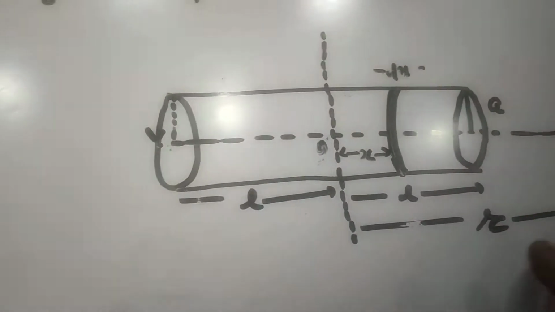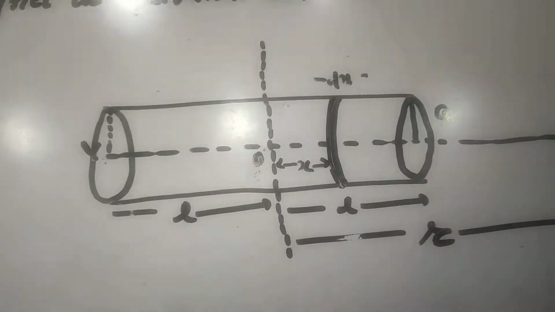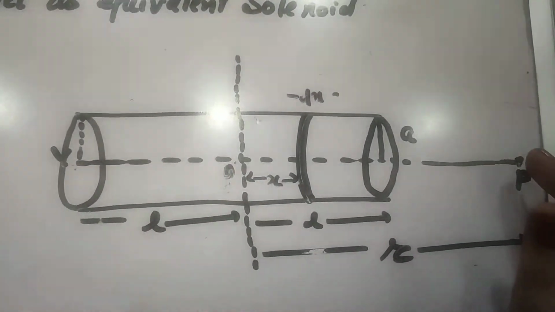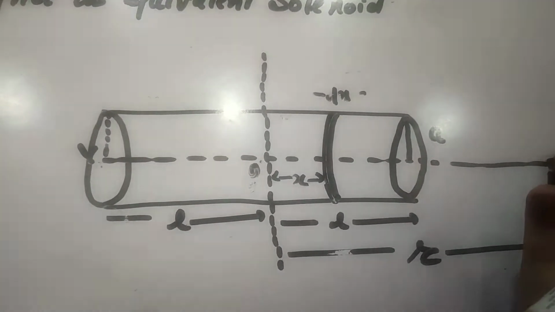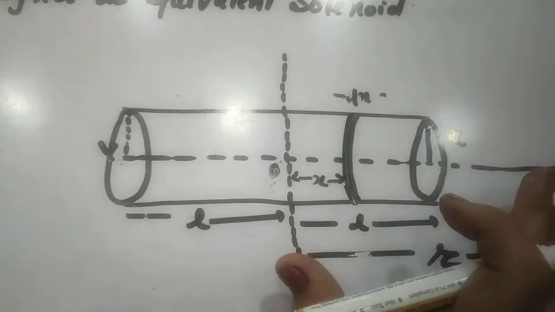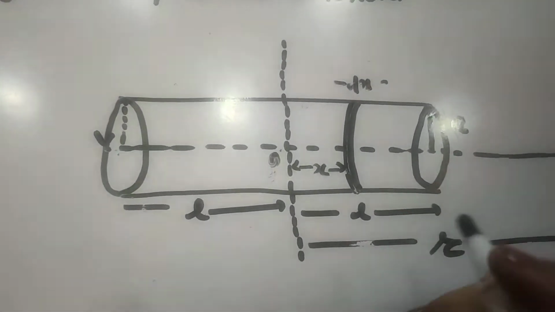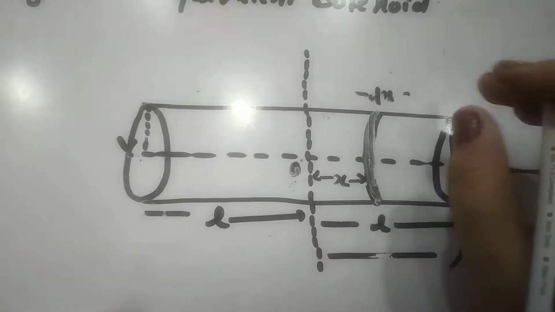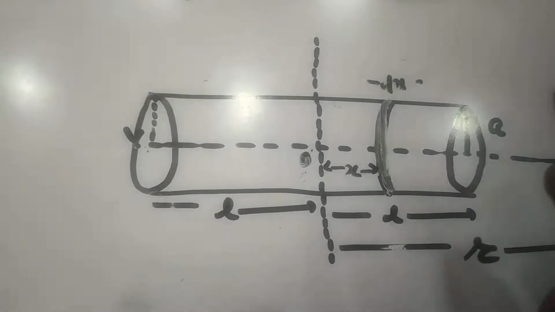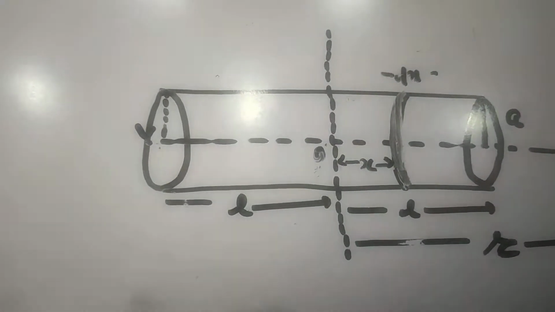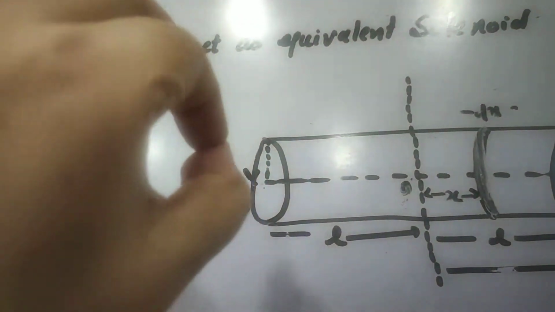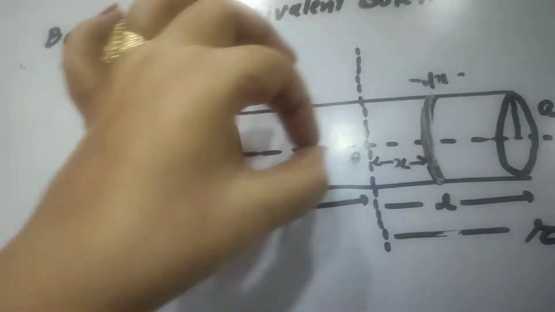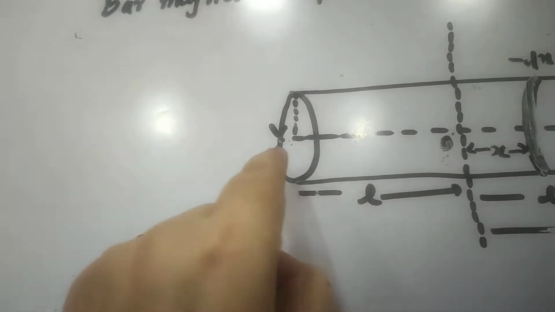Okay, so for this, here is the diagram. You can see that this is a solenoid of length 2L. We have to find the magnetic field at point P due to this solenoid. For this, we have taken one small length element. If we cut it from here, we get a circular arc, perpendicular like this. For this circular arc, the point P is lying on the axis.